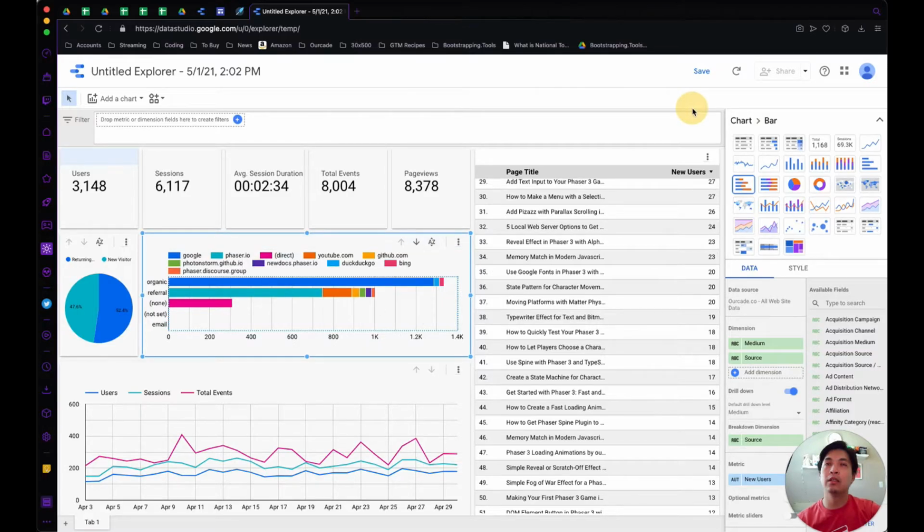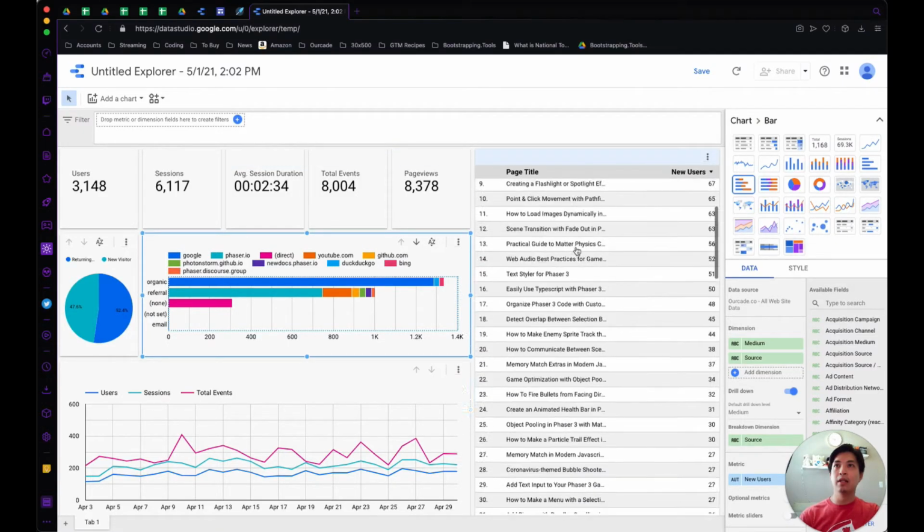Okay, so now that we have created a page here and it basically tackles all the things that we wanted it to, we have the new users versus returning users, which will show us a bit of the user retention. Since returning is about 50%, that's good. That means that people find it useful and they're coming back. We have our typical stats, user sessions, session duration, events, page views, all that, as well as a list of